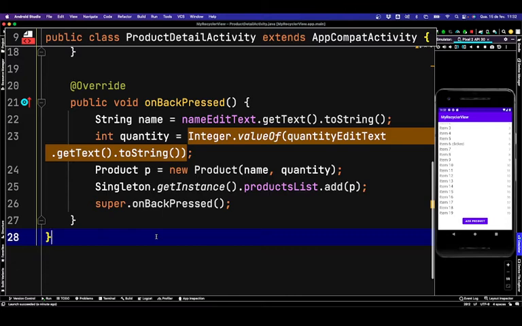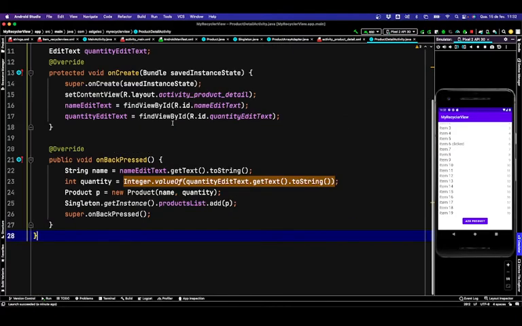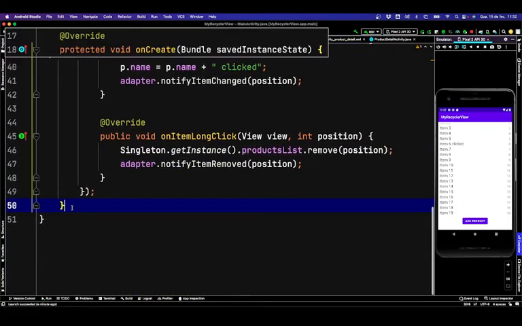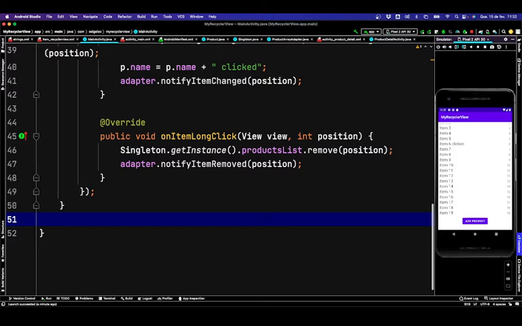Okay, that's good. Okay, now we need to go back to the main activity, and at the end, just before the last bracket and before the other one,